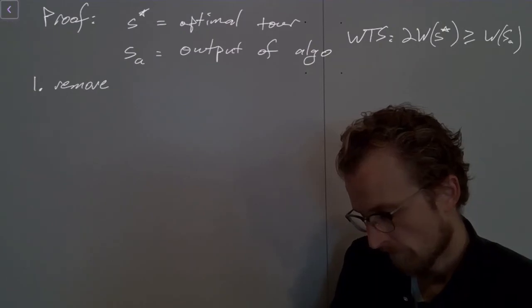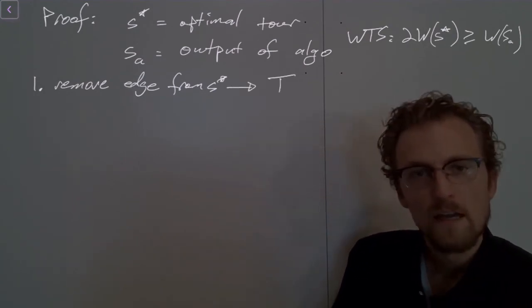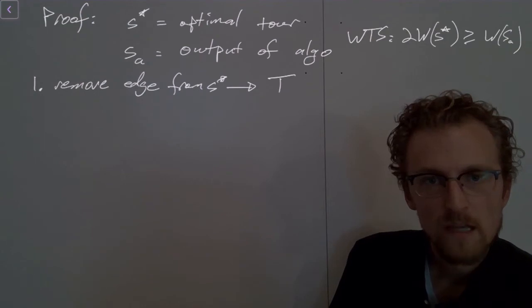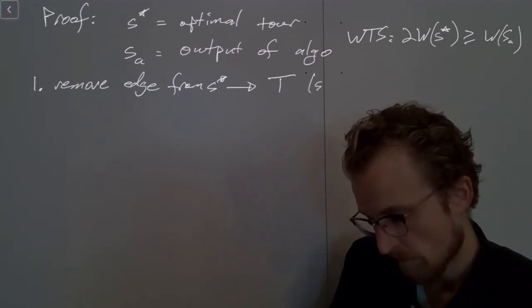Remove an edge from S star. This creates a tree T. Okay, T is a spanning tree. It may not be a minimum spanning tree, but it's a spanning tree. Right? So that's a spanning tree